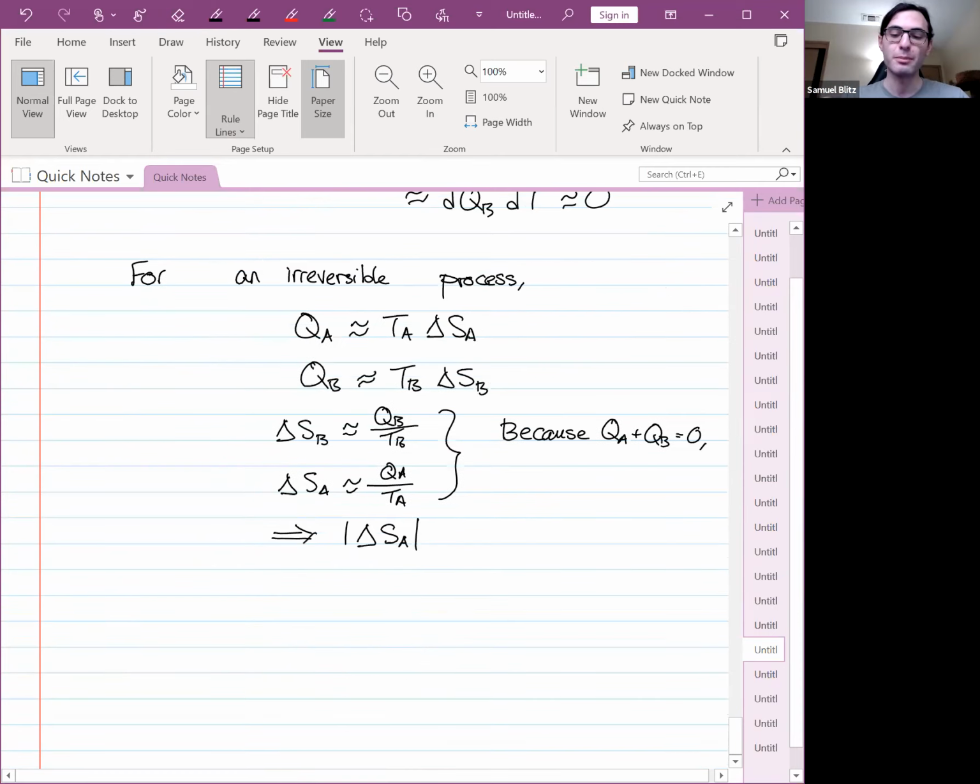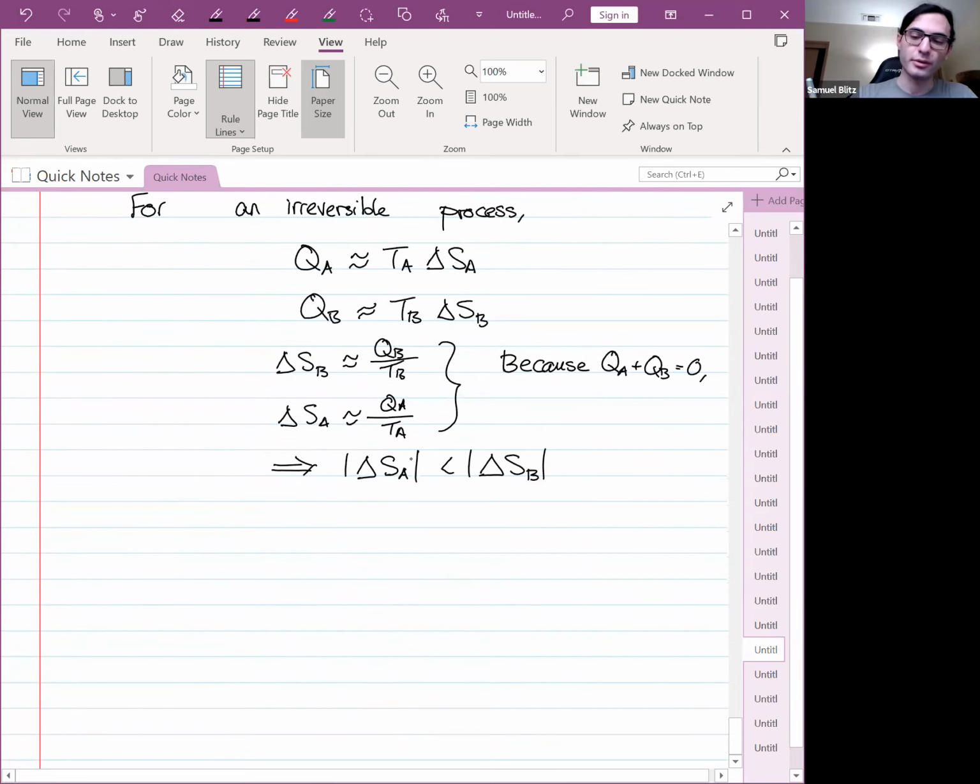So we find that the magnitude of the change in entropy of A is less than the magnitude of the change in entropy of B. And so the end result is, one of these is negative, by the way. Delta SA is negative because you have heat leaving the system, and delta SB is positive because you have heat entering the system. So the end result, this one is positive,